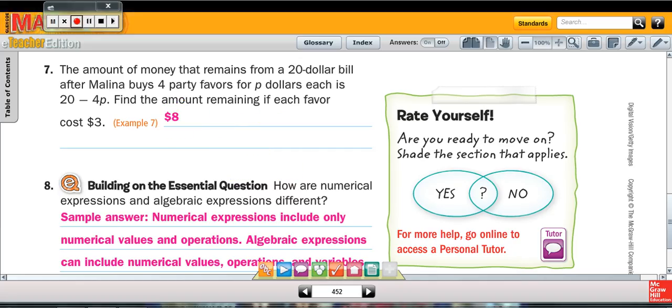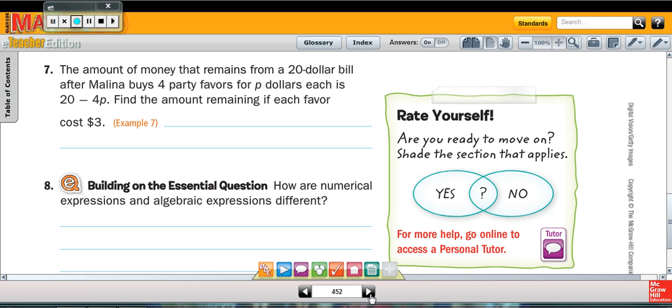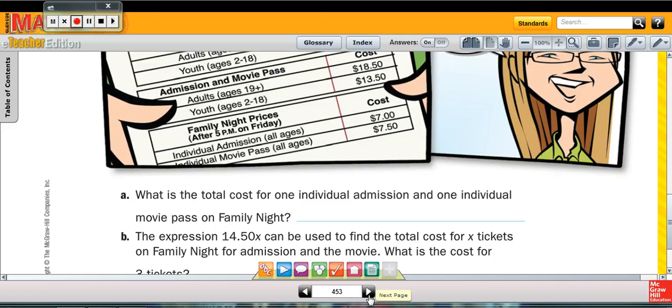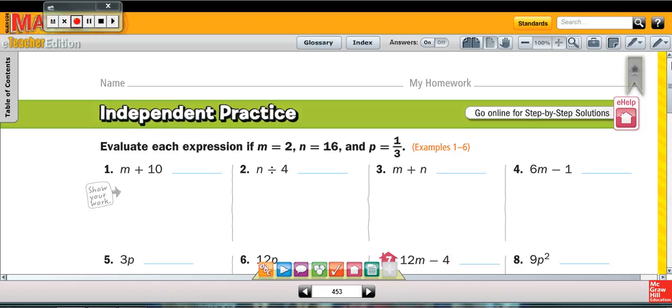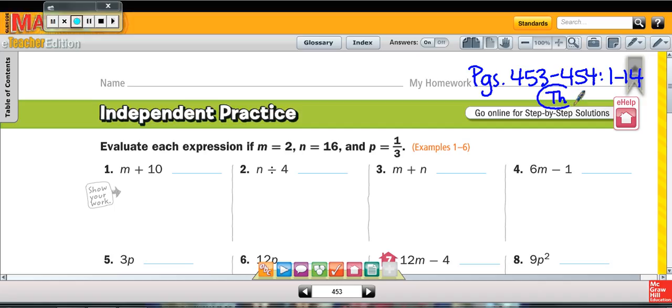If you're feeling comfortable and confident at this point in time, I want you to proceed to page 453. And on page 453, you are going to do 453 and 454 (1 through 14), and this is due on Thursday. Okay, we will check this one and your numerical expressions with order of operations both tomorrow, so make sure both are ready to go. If you are finished with this, when you finish, keep it in your textbook, and then